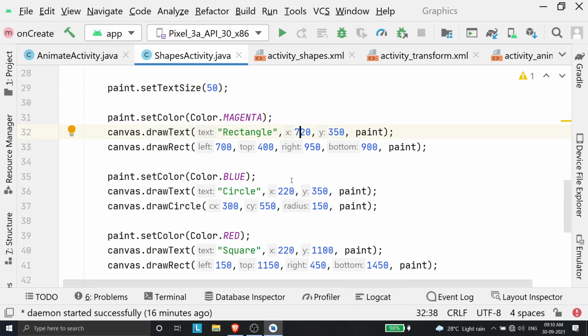So I've specified x to be 720 and y to be 350, and I'm specifying the paint object because it takes a paint object inside its function. It will set the color as magenta for this rectangle, and set the text size as 50 for this text value. So that's what will happen.